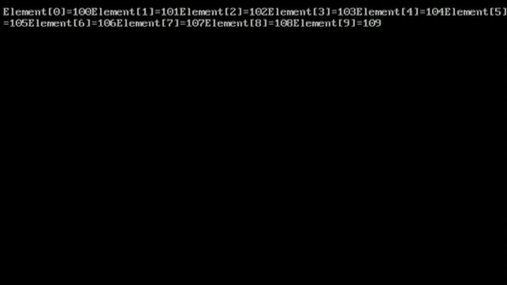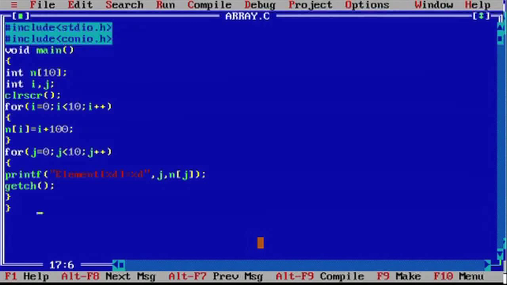The size of the array is 10, so the 10 elements are printed from element 0 to element 9, and their values are from 100 to 109. So in this way, we can declare, initialize and access the array elements in a C program. Thank you.